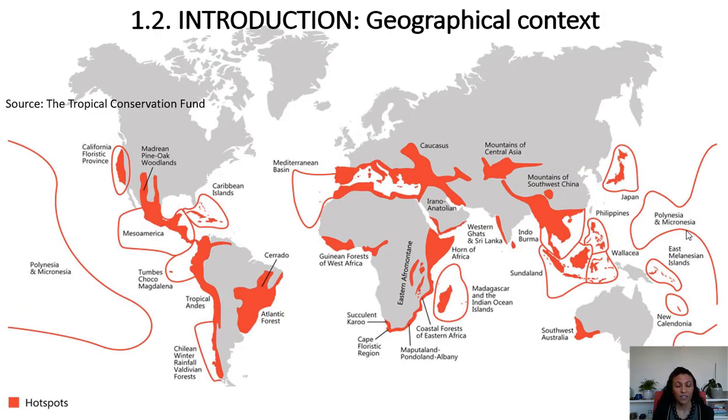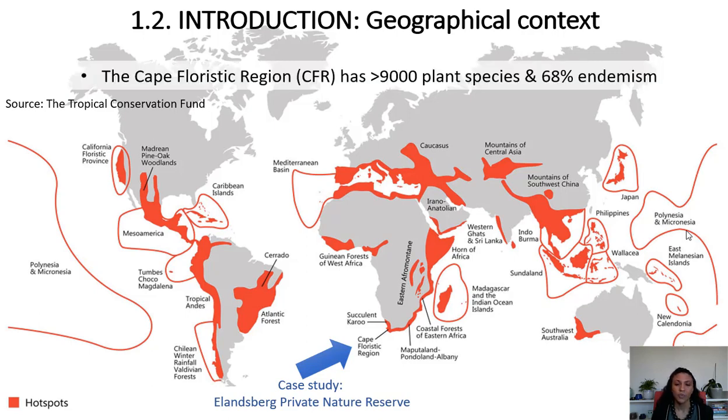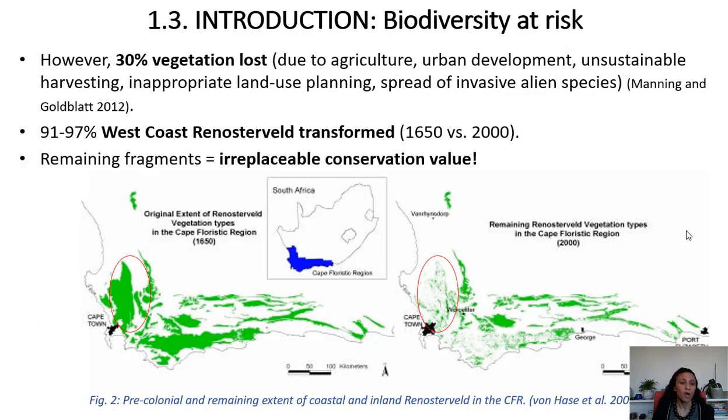So let's orientate ourselves geographically. The case study I'll be presenting today, known as Elandsberg Private Nature Reserve, is found within the Cape Floristic Region, and this is one of the 25 biodiversity hotspots in the world. It is such a special place because it has over 9,000 plant species, of which 68% are only found in this region. The problem is that 30% of the vegetation within the Cape Floristic region has been lost,